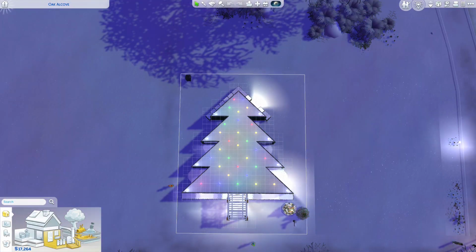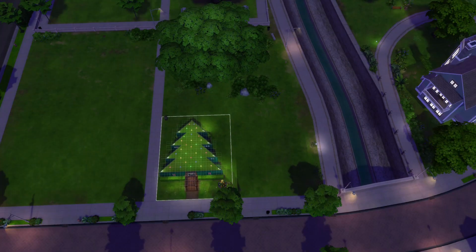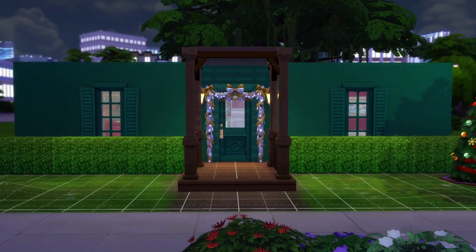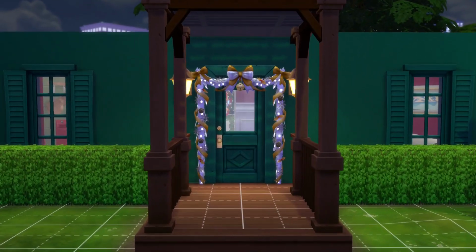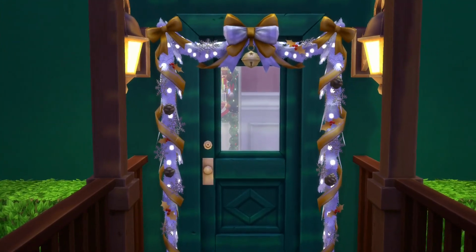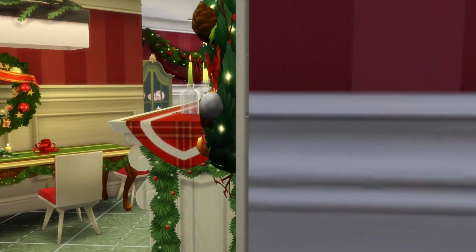There is our completed build. So now we're going to do a little home tour. This is what it looks like in build mode. No snow, no nothing. This is our front entrance. As we head inside, we see the pine needles on the floor, our wooden entryway, and this nice little garland outside the door. As we enter, we see a kitchen to our left, and to our right we have an entryway,